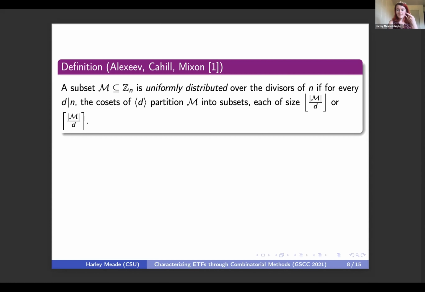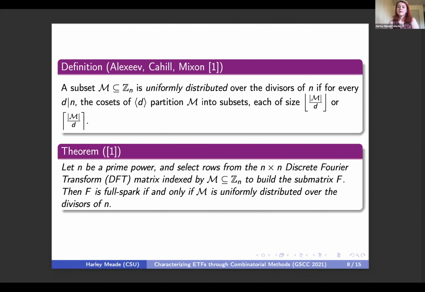And this isn't always going to happen. In fact, it doesn't happen that often. But when it does, if n is some prime power, and you select rows from the n by n DFT that are indexed by some subset m, the submatrix that you form is going to be full spark if and only if the subset that you're indexing by is uniformly distributed over the divisors of n, which is